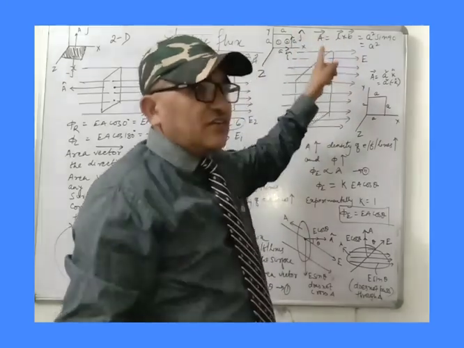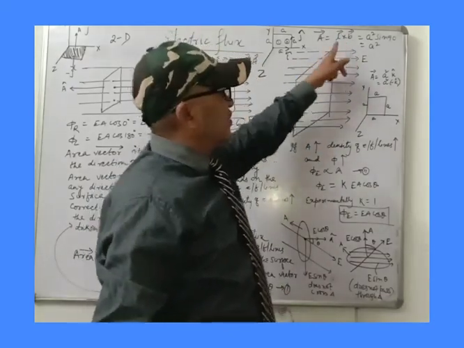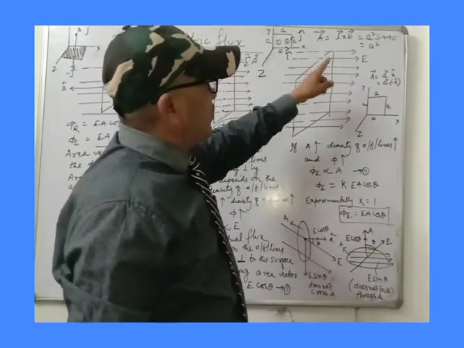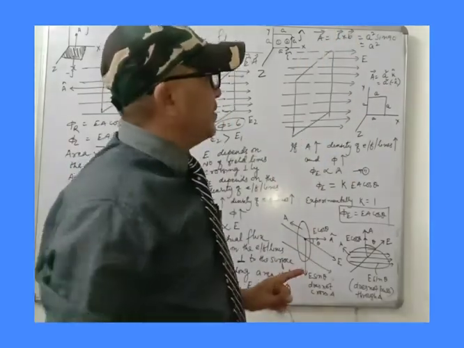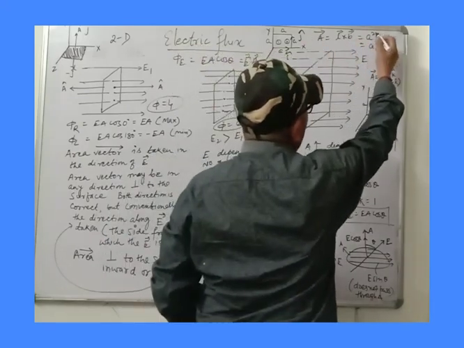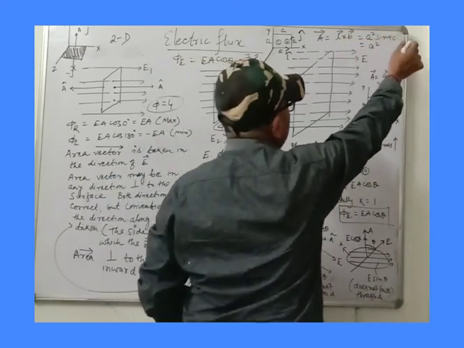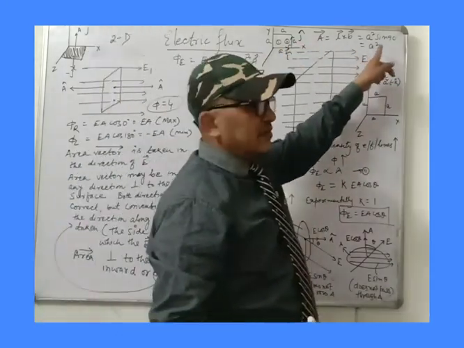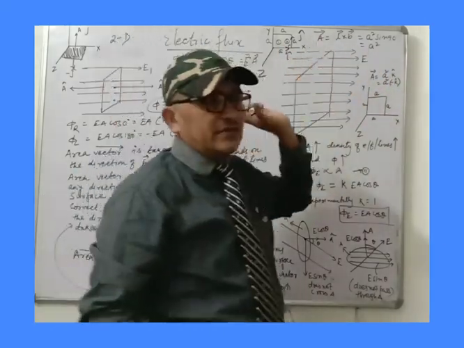So the cross product of two vectors is also a vector quantity, and the direction of that vector quantity is perpendicular to the plane containing the two vectors. Okay, that we have studied in class 11. So if it is a square, then it will be A into A sine 90, because for the cross product we can say L cross B equals LB sine theta, and theta is here 90 degrees. So it will be A square. That's why we used to have the concept that area is equal to A square only.